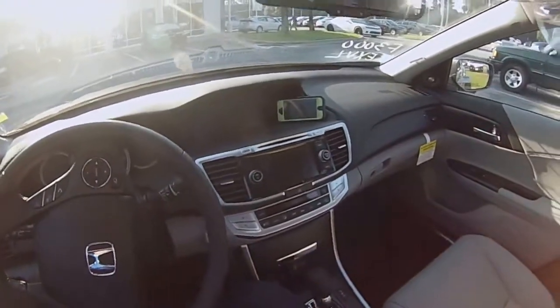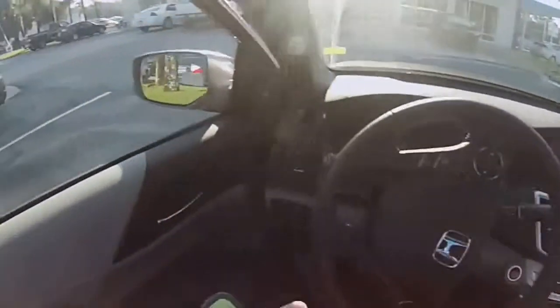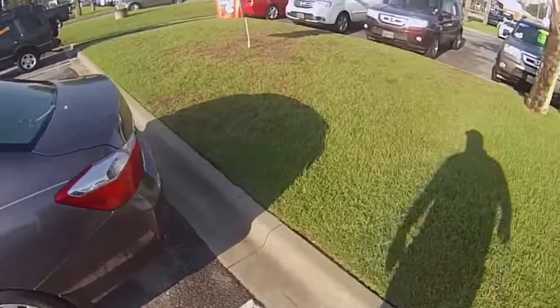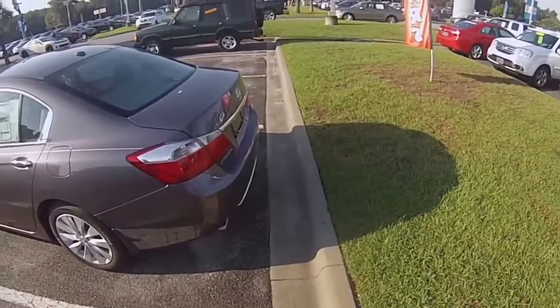Stop the car, get out, and let's see how good the backup did for us. I'm pretty darn straight. I'm pretty good close to the curb. Simple, easy